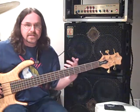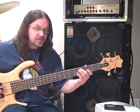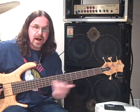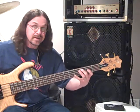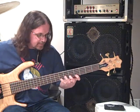But how I end this whole thing is I take an arpeggio, a G major arpeggio, G, B, and D, but I kind of do some inversions and I play it 2 octaves over the neck. So it'd be G, B, D, G, D, B, G, D, B, G,